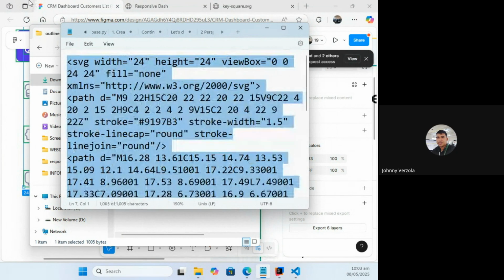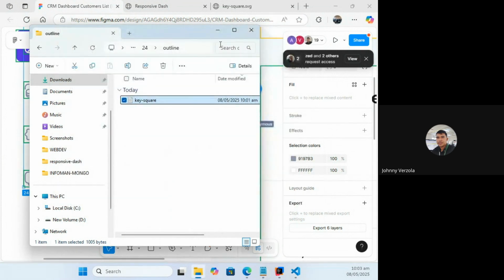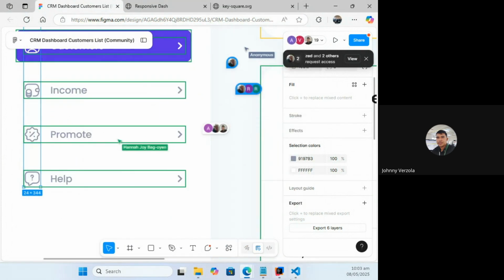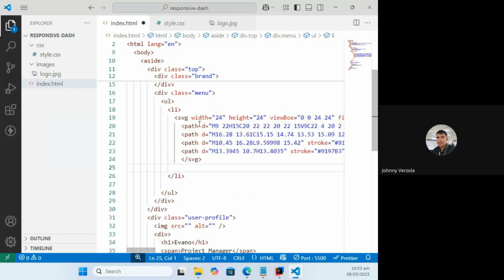Okay, I'm just going to copy this one. Copy. Did I demonstrate this to you yesterday? No. No? Okay, what I will do is I'm just going to paste it directly like this one. This will be the SVG. As you can see, it's very long code, but just let it so.